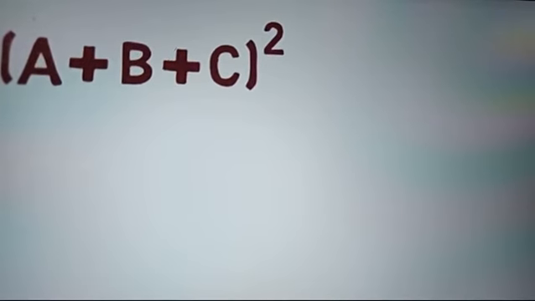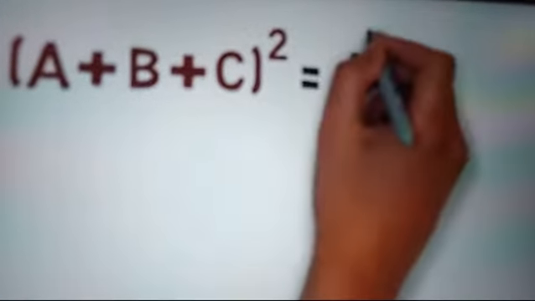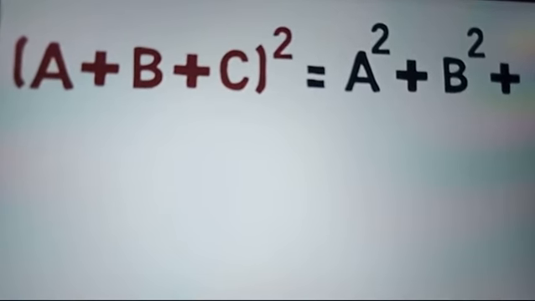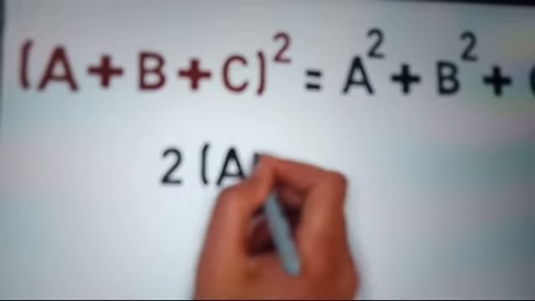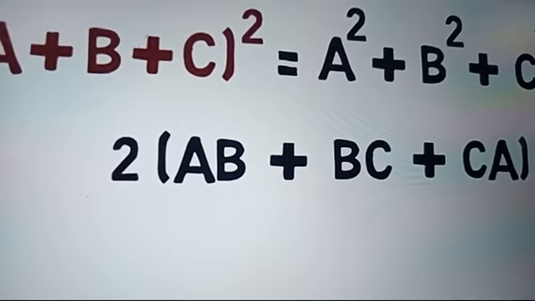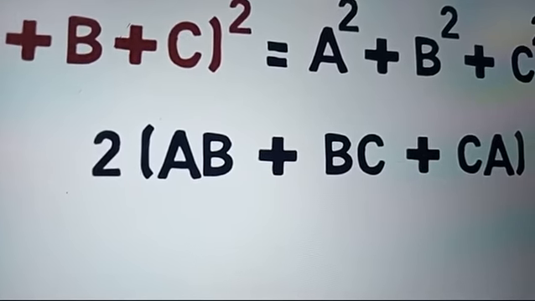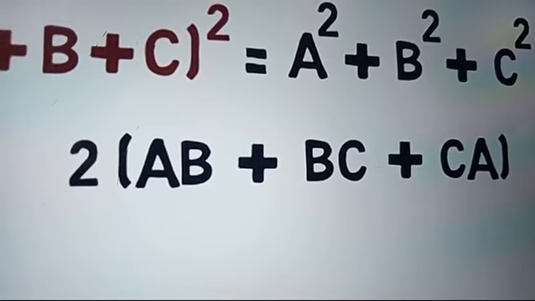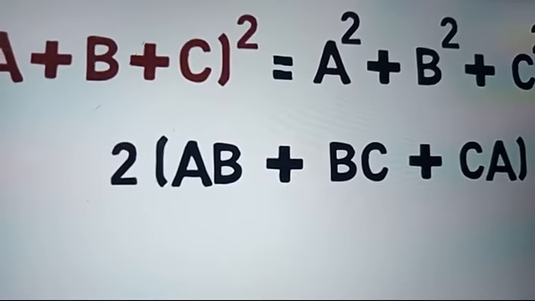Now let's move on and try to figure out the value of (a + b + c). Let's say the third variable is c, and if we are supposed to take the square of this, it is equal to the square of each variable, that means a² + b² + c² + 2(ab + bc + ca). That means 2 times all this. Now this is one formula. You can consider c with a negative sign, b with a negative sign, or both with a negative sign, or a with a negative sign. It's up to you.